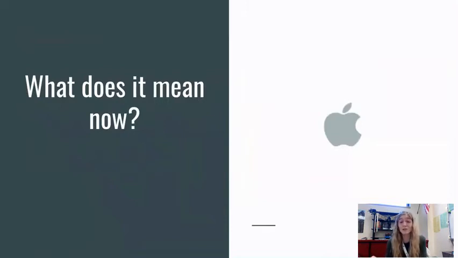If you have an Android, this could be the symbol of evil, all right? If you don't like Mac, if you don't like Apple, this could be a symbol of evil to you. It can mean a lot of different things based on what you bring to the text and the context that surrounds it. So what I want you to begin to think about is, in Of Mice and Men, what do